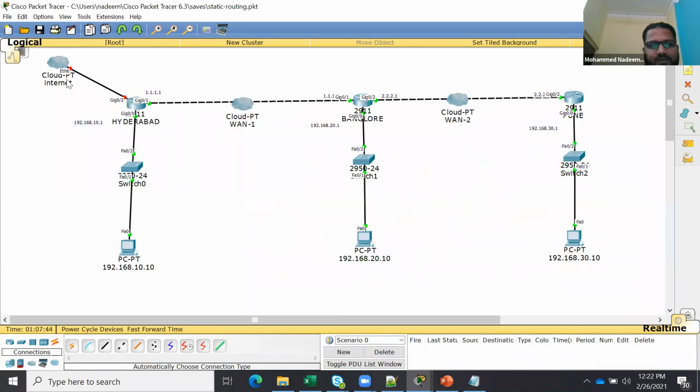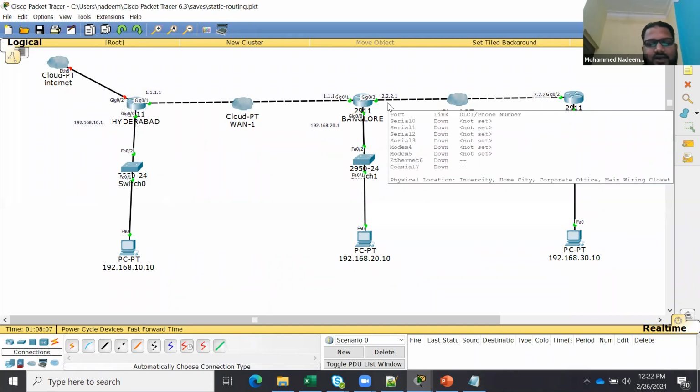It's simple. If you want to see the default route, remember one point: the default route is used for the unknown destination. We just put 0.0.0.0 towards the next hop, or we use the GigaEthernet 0/2, the interface which exits to the internet. That's it. There is not much in the default route.